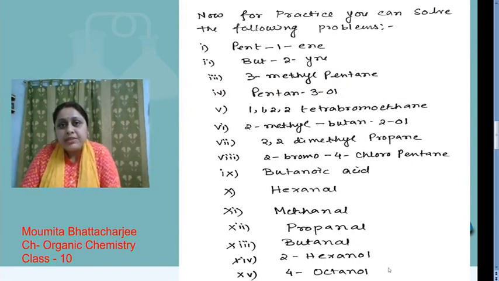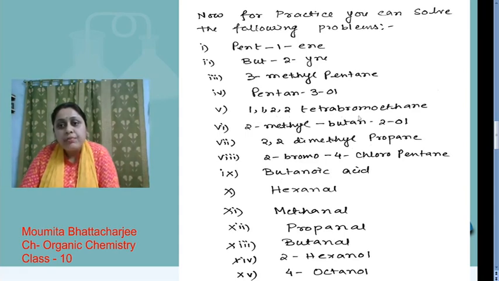Now for practice, you can solve the following problems. You can note down the problems. First one, pent-1-ene. Second one, but-2-yne. Third one, 3-methylpentane. Then pentan-3-ol. Then